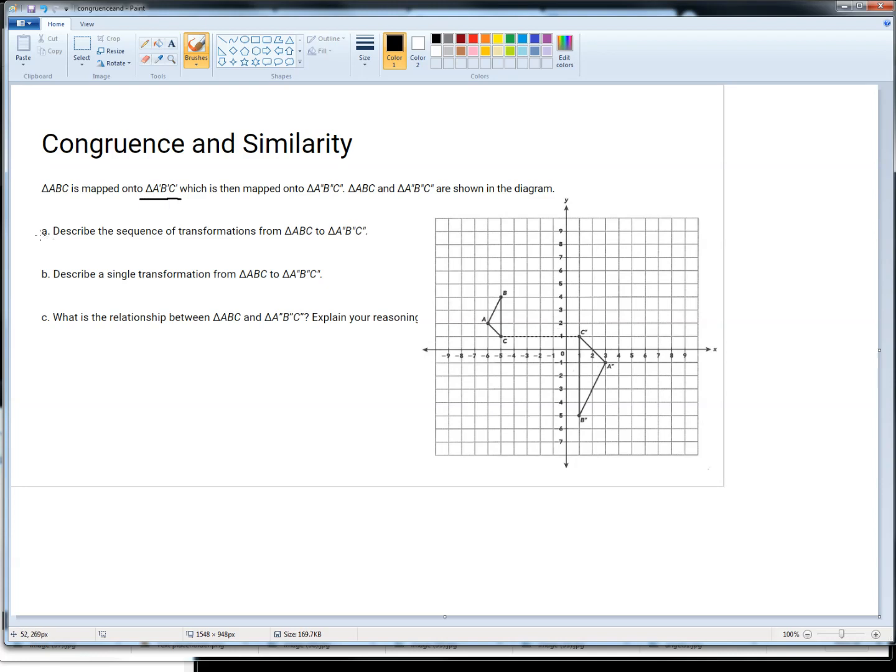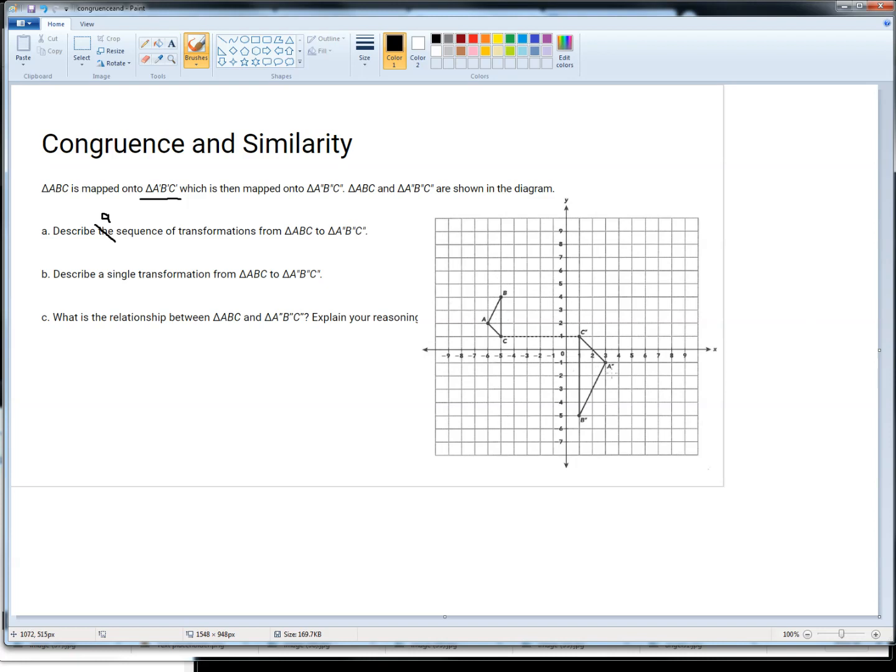So question 1 asks you to describe the sequence of transformations from triangle ABC to triangle A double prime, B double prime, C double prime. I have a little problem with this question. I actually feel like instead of the word the here, we should have the word a, because there's actually a few different ways that you can go from here to there. And so what you're going to want to picture here,